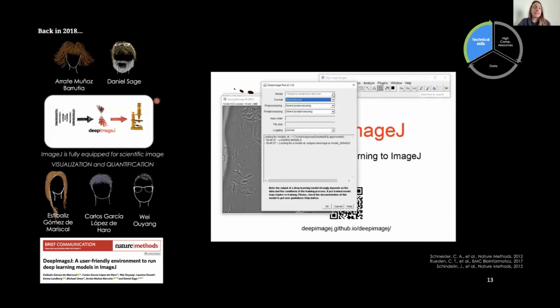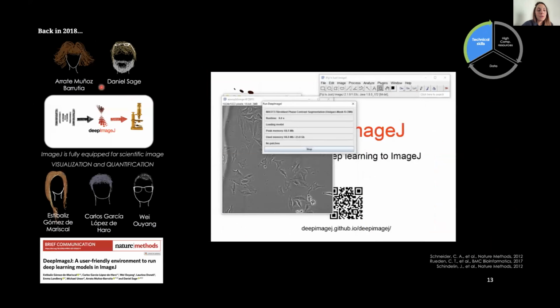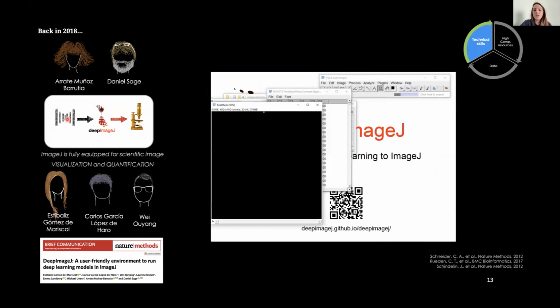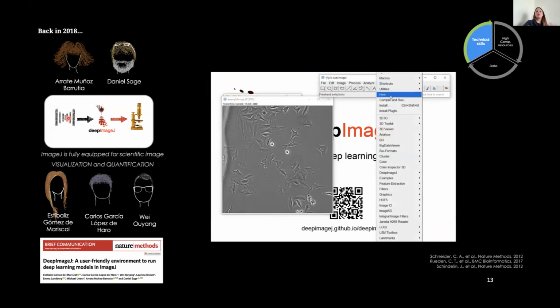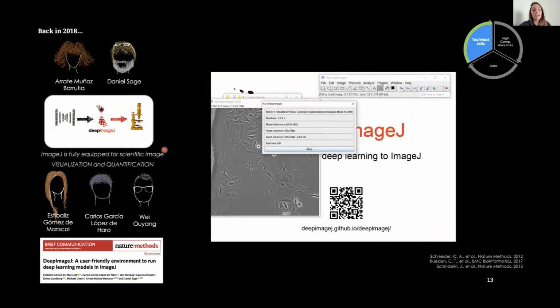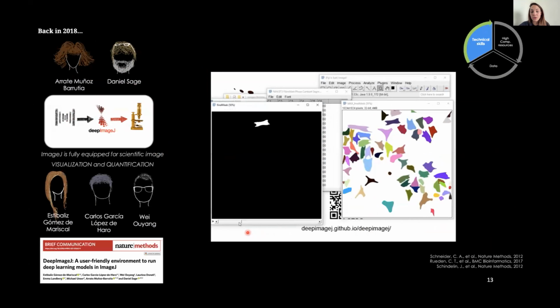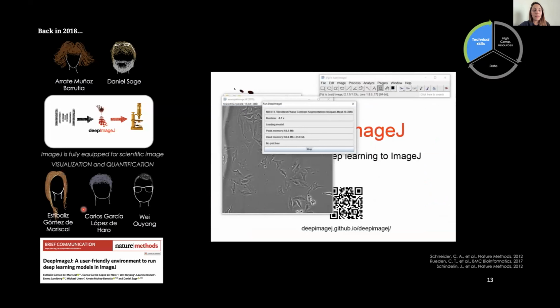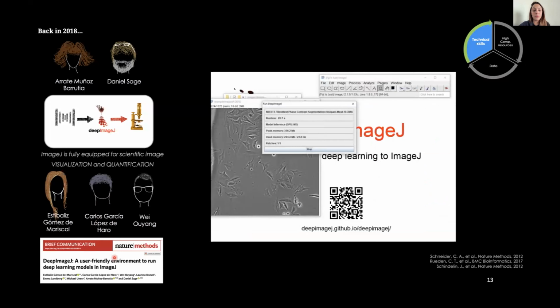So in 2018, this was a very great idea from Arrate Muñoz Marrutia, my PhD supervisor, and Daniel Sage, who will give a talk next week in this same workshop. They said, okay, this technology is very easily transferable, so why don't we try to bring it into Fiji? And Fiji, ImageJ, is a fully equipped scientific image visualization and quantification software. It's, if not the most famous one, among the most famous ones for image analysis, and it's actually a very, very rich ecosystem. So together with Carlos García López de Haro, who is the main developer of DeepImageJ, and Wei, we developed a plugin for this